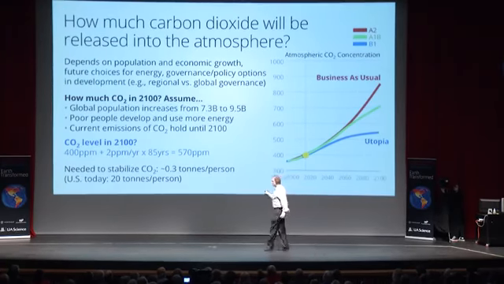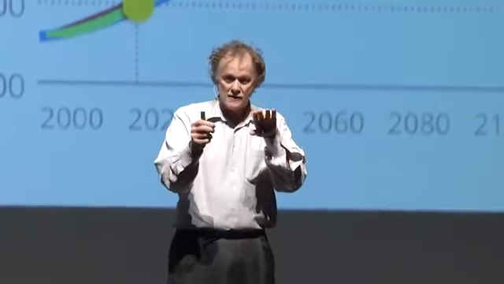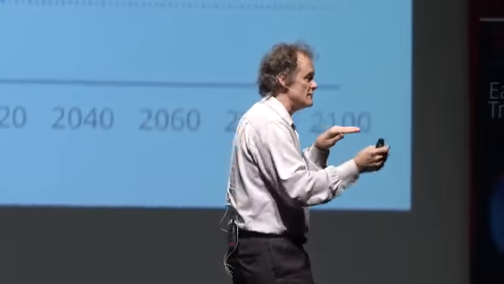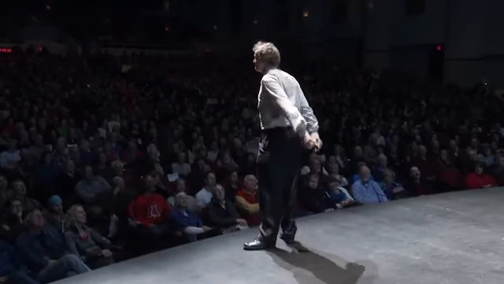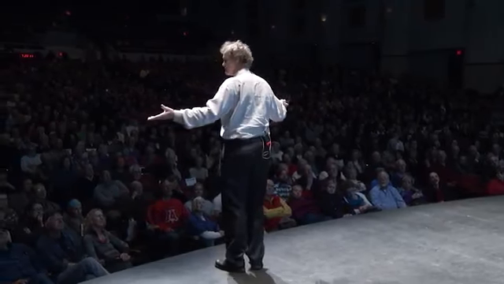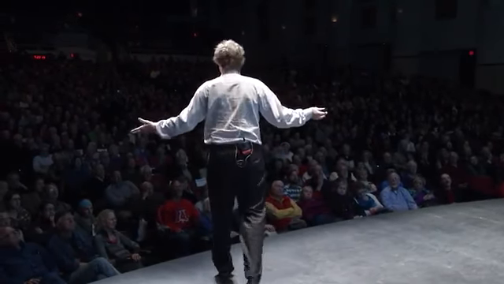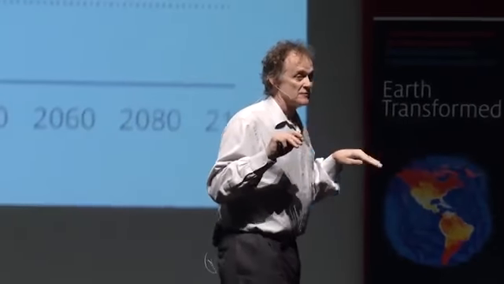Just for reference, if you wanted to only have enough emissions per year so that carbon dioxide didn't change, so nature could actually pull the molecules out at the same rate we were putting them in, every one of us would be allowed 300 kilograms of emissions per year, right? Right now, every one of us on average emits 20 tons, right? That's why this is a problem. It's the fundamental energy source that runs the world's economy. And really, if you want to stabilize carbon dioxide, you have to reduce emissions by about a factor of 50.